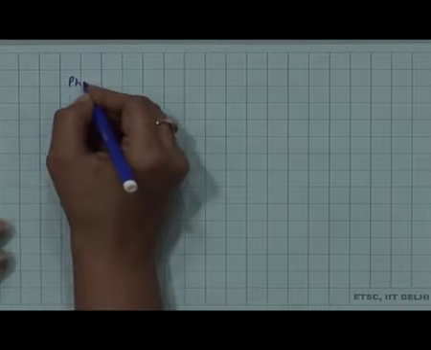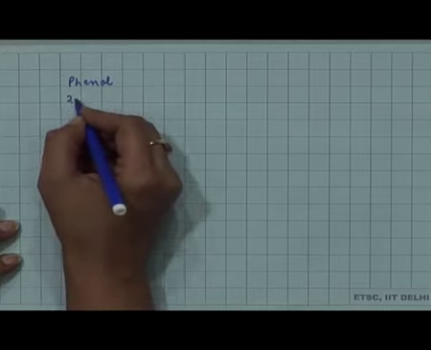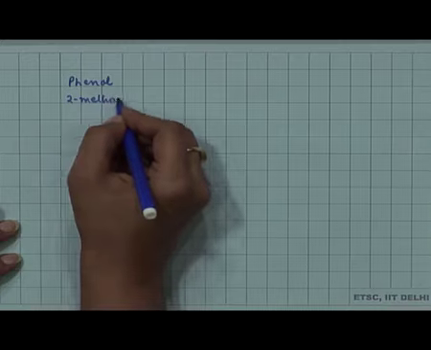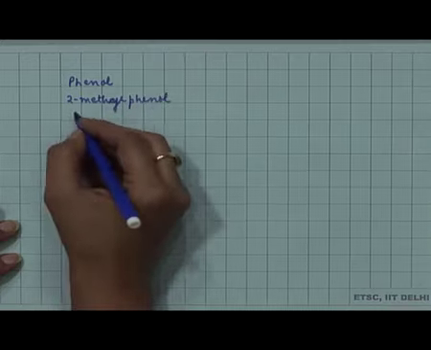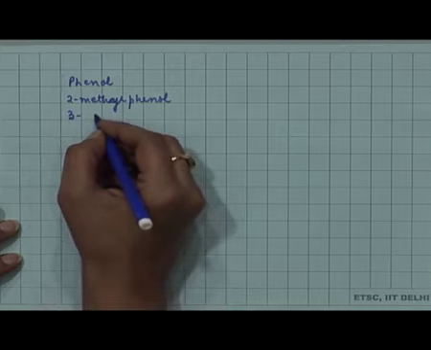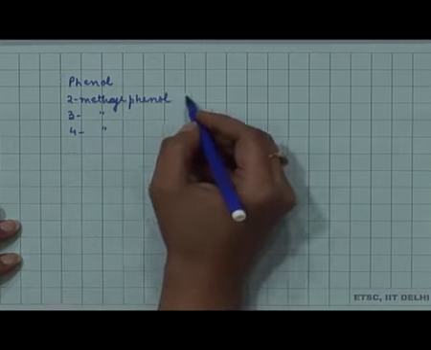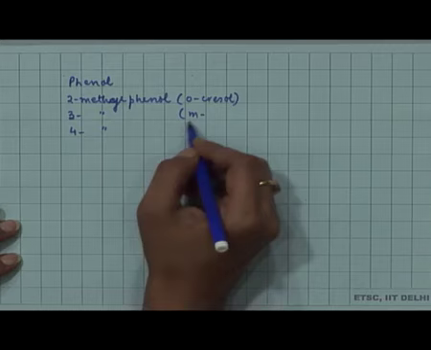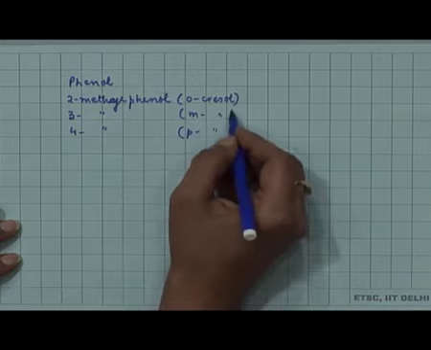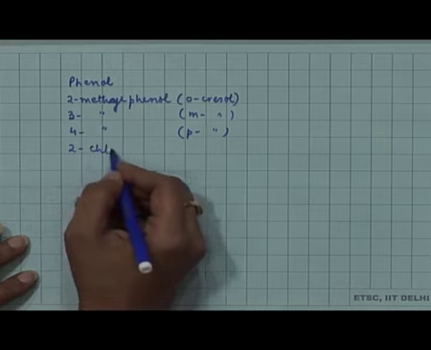So, if you have phenol or 2-methyl phenol, which we say is orthocresol, or a 3-methyl phenol or a 4-methyl phenol. So, I am talking about orthocresol, metacresol and paracresol. Okay. If you have a 2-chlorophenol,